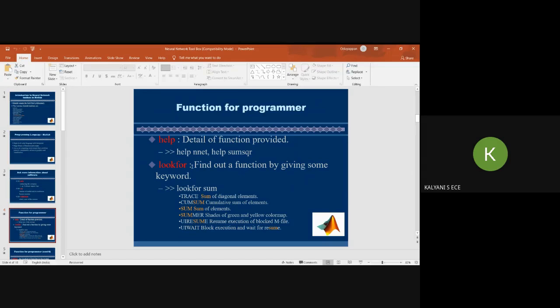And lookfor, in the command prompt, you can use that keyword, and it will find a function by giving some keyword. So say, for example, if I give lookfor sum, it will trace out what functions are available with respect to sum. It will give you all the places where sum is being used,